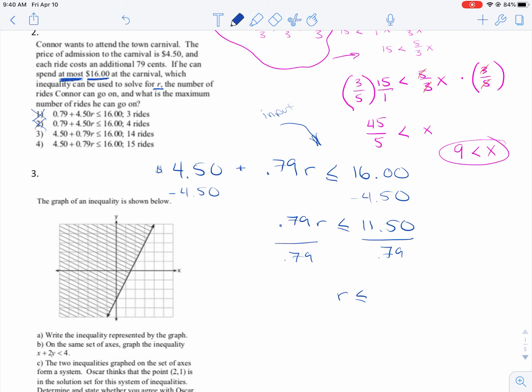And you get R is less than, oh, not 12.50, I'm sorry, that's supposed to be 11.50. There we go. Don't forget to divide by 0.79. And you should get